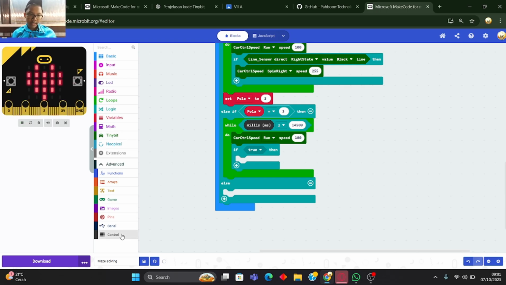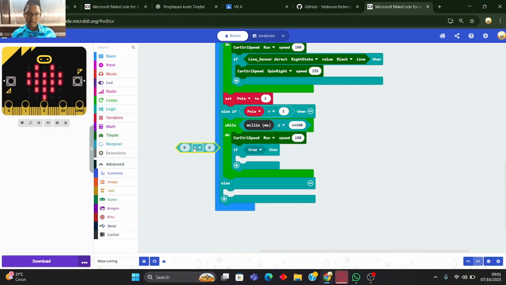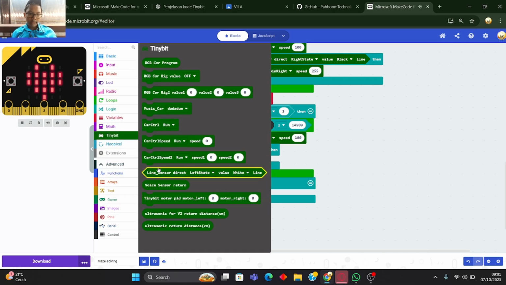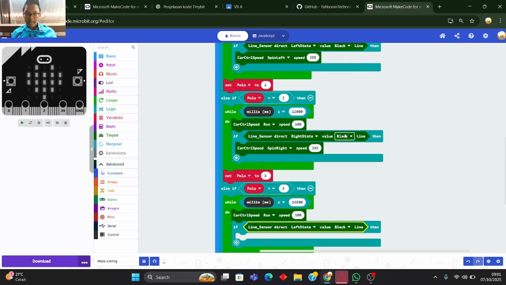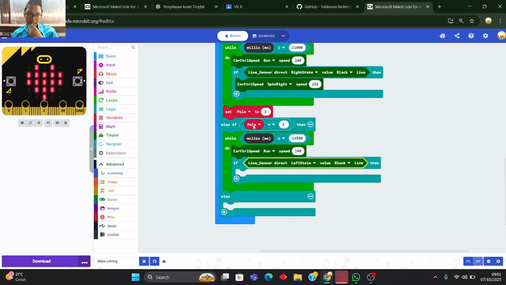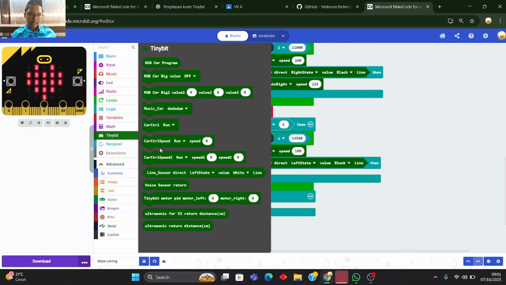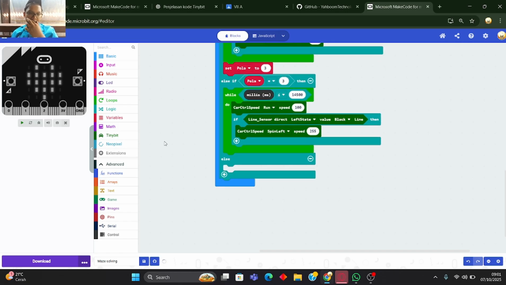After that we can go to logic again, take this, wait, oh no, go to tiny bit I mean, and take a line sensor direct, it's left side and value black, and go to tiny bit again, car control speed, change to spin left, and the speed is 255.